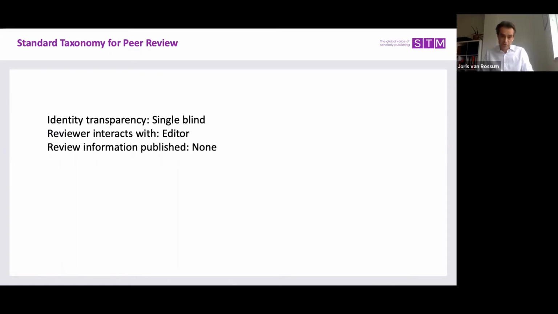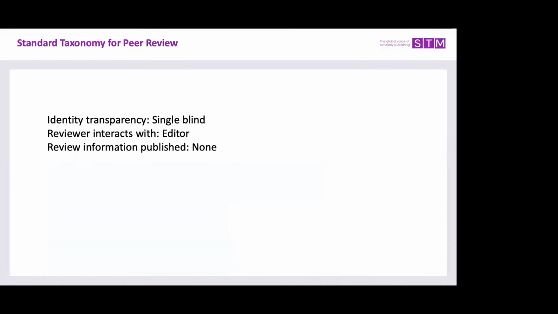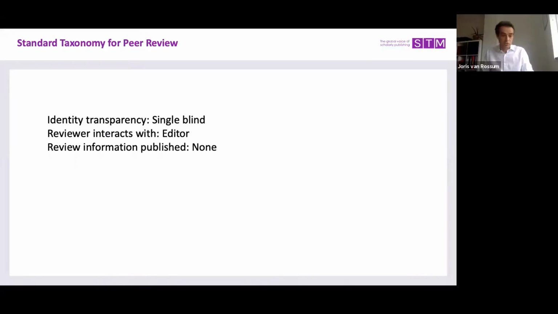And there are basically 2 important use cases. First of all, when an author goes to a journal and considers submitting a manuscript, the author should know really what they can expect when they submit a manuscript. So communication to the author, so that the author also can compare the different models when they make a decision on where to submit a manuscript. The second use case is on the published article. So we want to make it very clear, in light of transparency, when somebody reads an article, he or she should really know what kind of review model was applied when they read the article.